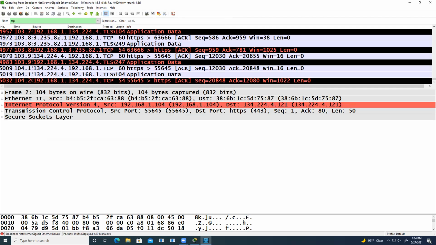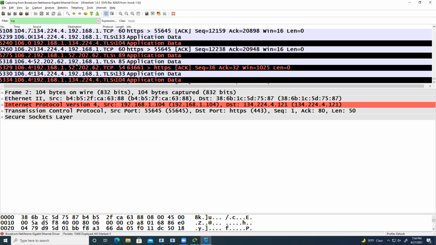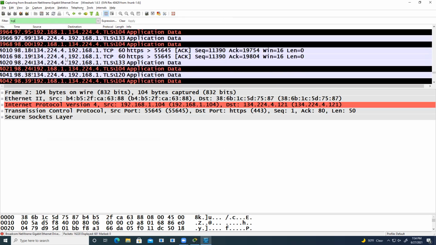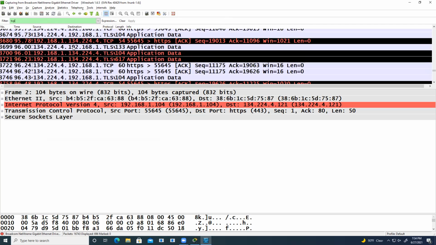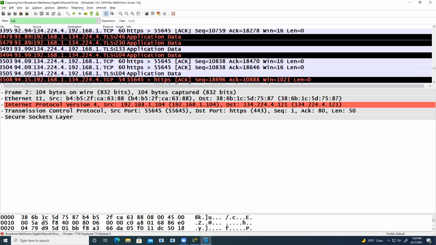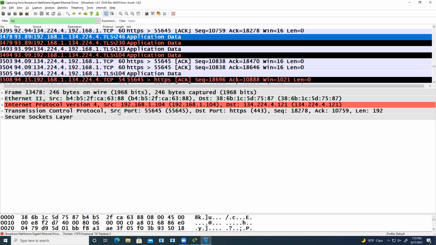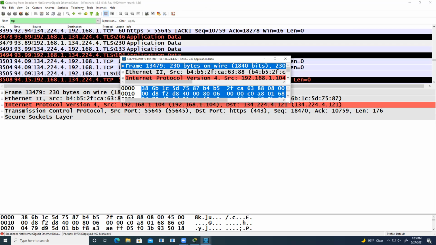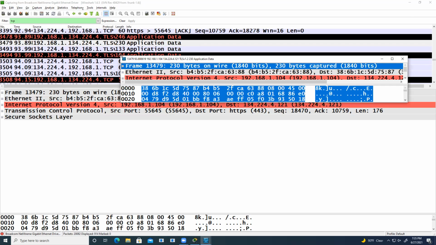Let me filter TCP. There are a lot of packets, 192.168.1. So we can select this packet. Then again, I'm sharing that specific window. You can see here a bigger screen.